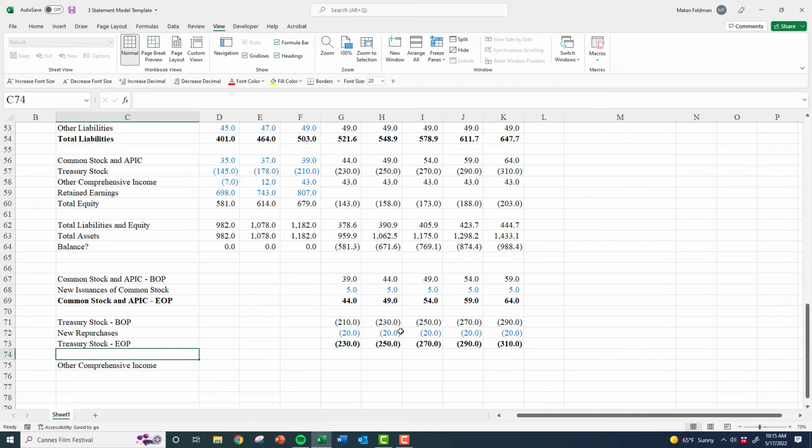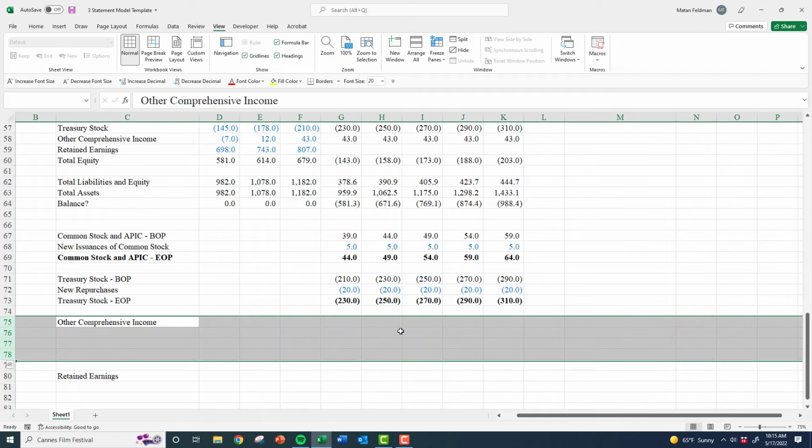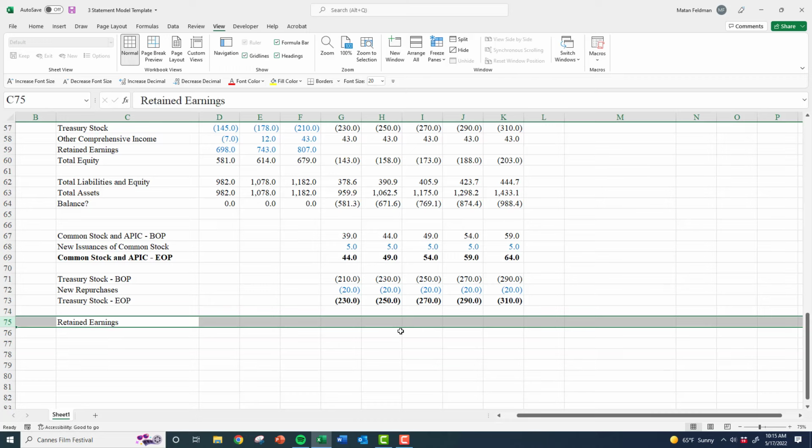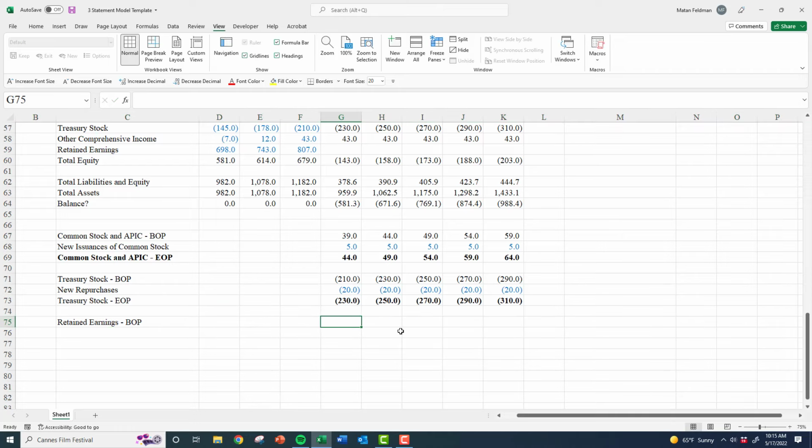We got one line item to go, and that one is the one that most people remember from accounting class, and that's retained earnings. And we're going to build a similar roll forward in retained earnings. We're going to say retained earnings at the beginning of period is whatever it was at the end of the period in the last actual year. Well, what makes retained earnings go up year after year? If you may recall from accounting class, retained earnings represents, as I just mentioned, the accumulation of all net income the company has ever generated. So net income